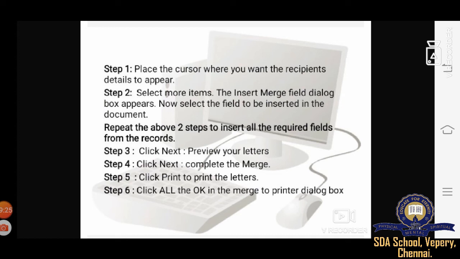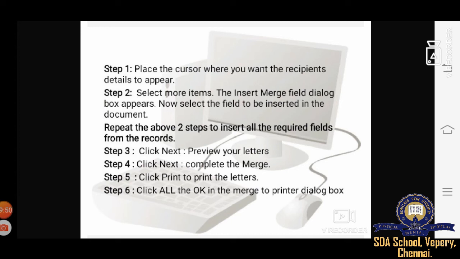Select more items and the insert merge field dialog box will appear. Now select one field that you want to insert in the document, and then click insert and then close. Repeat the above 2 steps to insert all the required fields in the document.